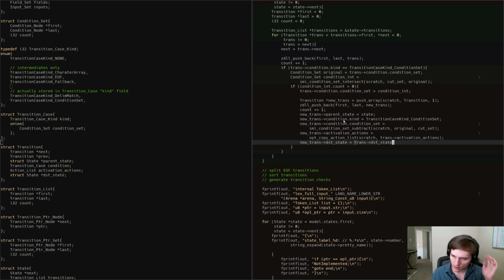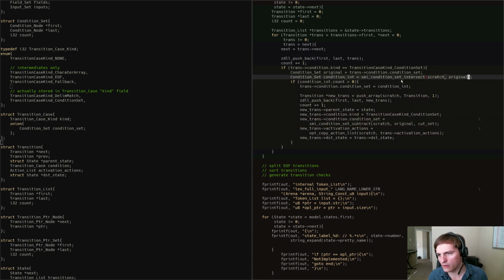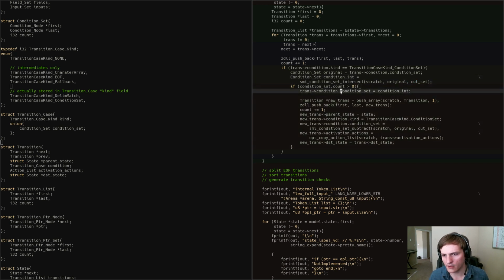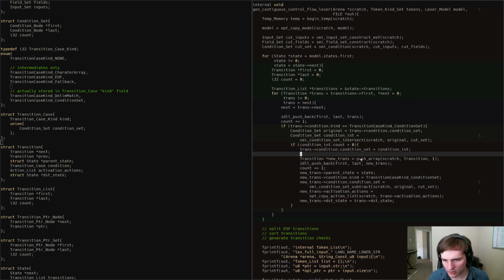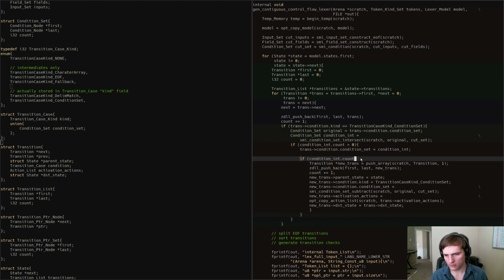Right, and its destination state is going to be this guy's destination state. Right, so we create a new transition. It's identical in every way except that it has the conditions that were removed when we took the intersection here. So this part has only end of file parameters, and this transition has everything but the end of file parameters, because here we're subtracting out the cut set, whereas here we're intersecting the cut set. Right? So again, this has end of file only, this one has everything else. And so then the only other thing is, before we actually go and do that, what we should make sure is that the condition int count